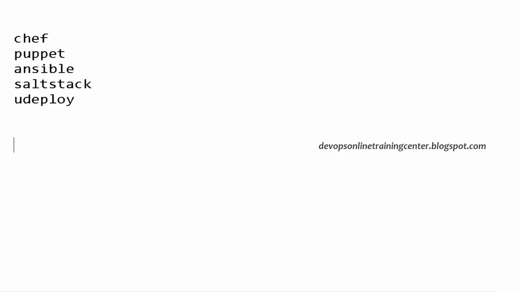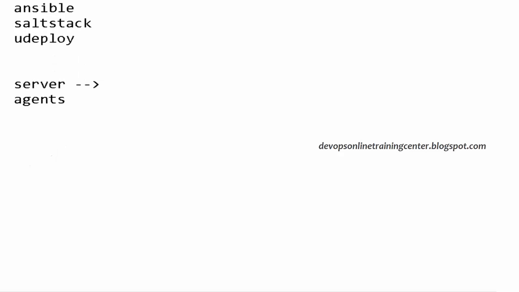So all of them basically work in the same way. We configure one of the machines as the server, and we configure all the others as agents, right? And we write some small scripts on the server that automatically do things for us. Each tool is written in a different language, has a different syntax, and different terminology, but essentially the concept and functionality are the same.